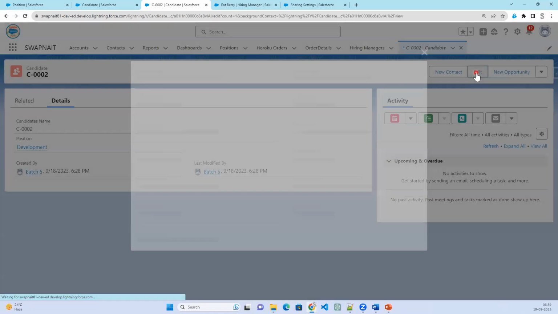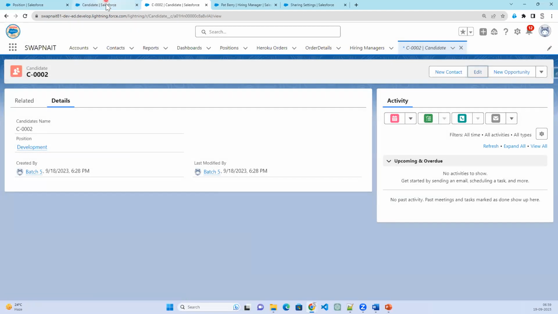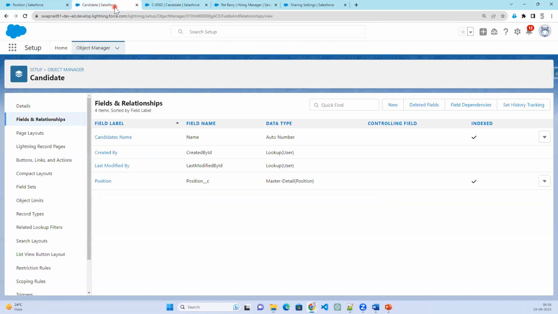Now if you click on edit, will I be able to reparent the master detail relationship? No. By default, it is not enabled. You cannot do the reparenting here. Now, if you want to do the reparenting, go to the field